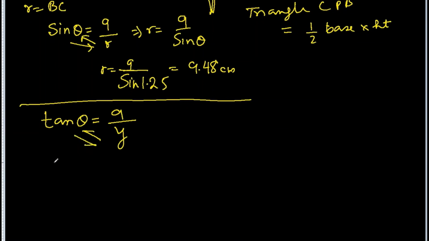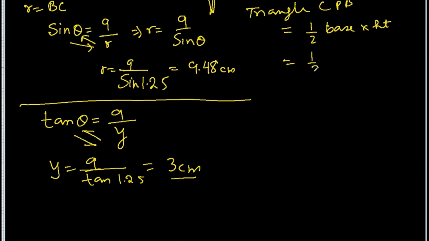So Y equal to 9 divided by tan 1.25. This comes out to be approximately 3 centimeters. Okay, so now we have the base as well, so we can find the area of the triangle. Half base times height. Height is 9. So 9 times 3 is 27, divided by 2 is 13.5 centimeter